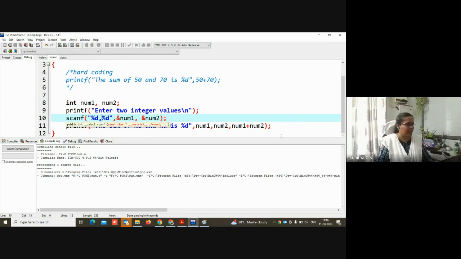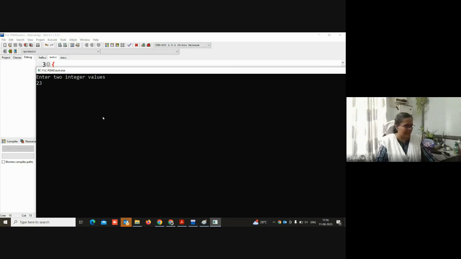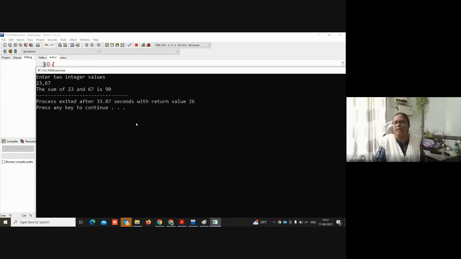If I am compiling and running it, instead of giving two numbers with space in between, I can give it as comma. So now comma will be taken as a delimiter. It starts reading from the first character onwards, and when a delimiter comes, whatever is taken as input up to that will go into the first variable. The delimiter is omitted, it will not be taken. And whatever is remaining till the enter key is pressed will go into the second variable.